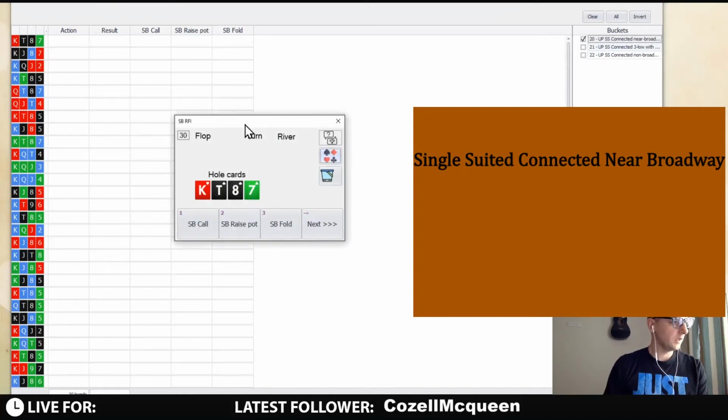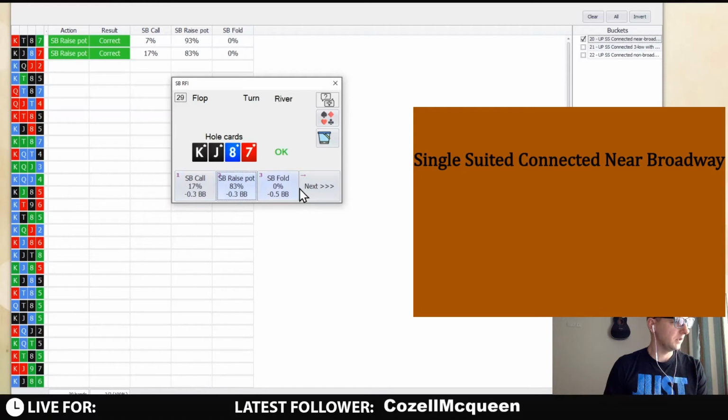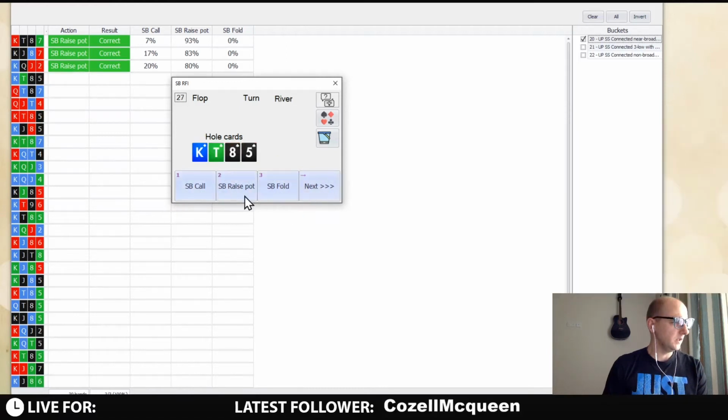So let's go. King, 10, 8, 7 with a 10 high suit. I think still this is a raise. And as we saw, this category is raising most of the time, so I think it's gonna be pretty easy. Okay, this one is